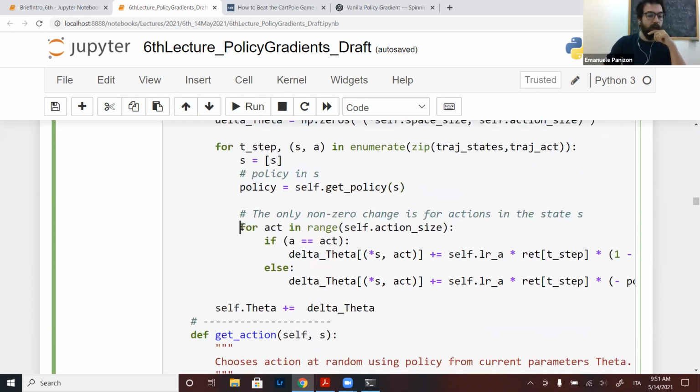And then for all the actions belonging to that state, and only for that state, because as Antonio was saying before, all probabilities of other states are not credited by this action. So this means just that for all other states, the change is 0. But in that state, all actions will have an update. And an update is that